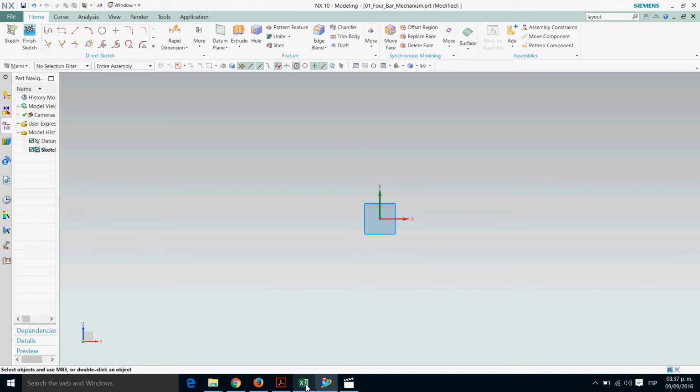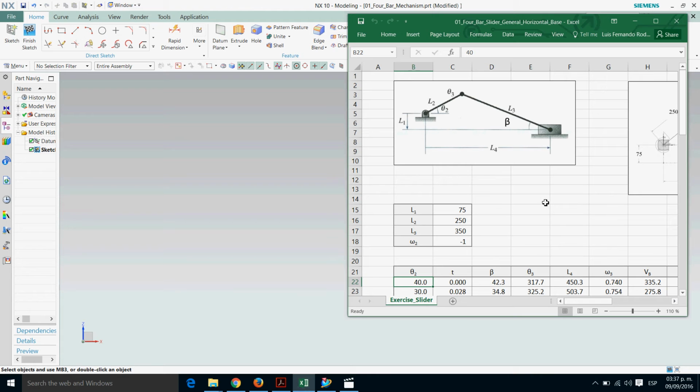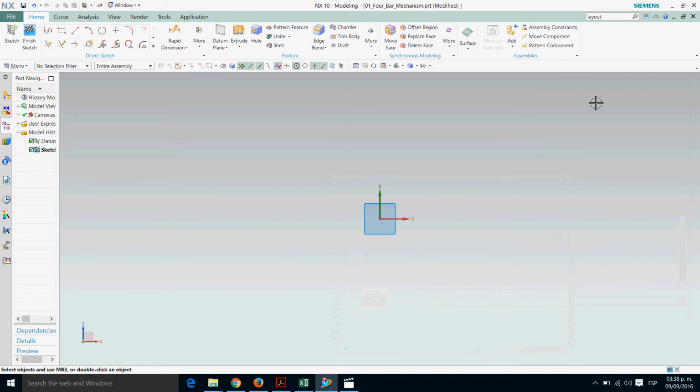It's important that you have the information first of all to create a mechanism. So in this case, this is a mechanism we did during class last time. We have the links number 1, 2, and 3, and the 4 for this variable. So we have the constants L1, which is 75 millimeters, L2 is 250 millimeters, L3 is 350 millimeters. Okay, so let's go to profile and